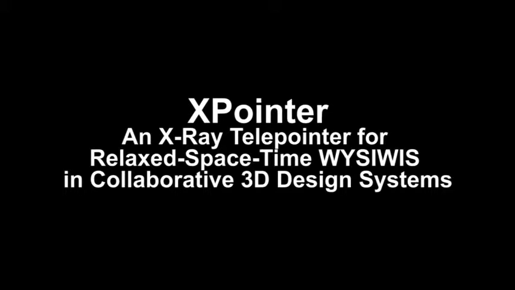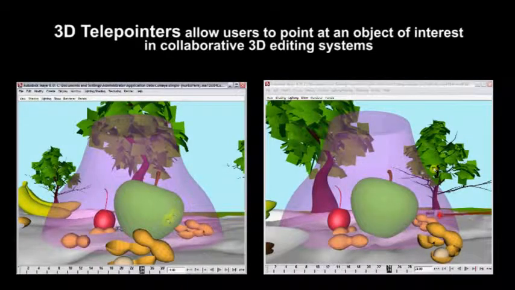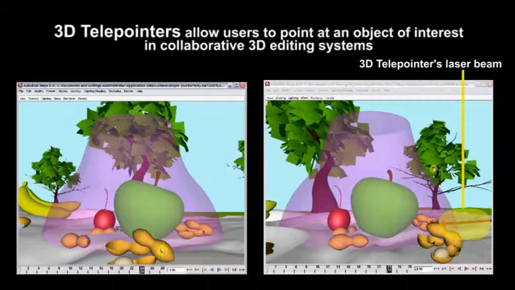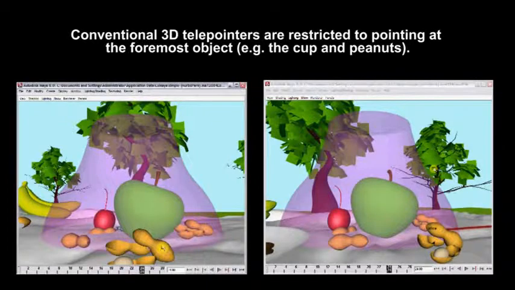XPointer, an X-ray telepointer for relaxed space-time WYSIWIS and collaborative 3D design systems. 3D telepointers allow users to point at an object of interest in collaborative 3D editing systems. 3D telepointers use a laser beam. Conventional 3D telepointers are restricted to pointing at the foremost object, for example, the cup and